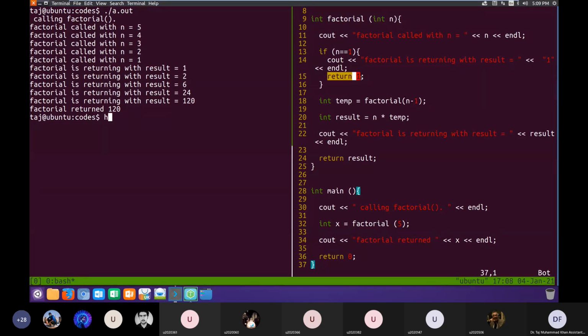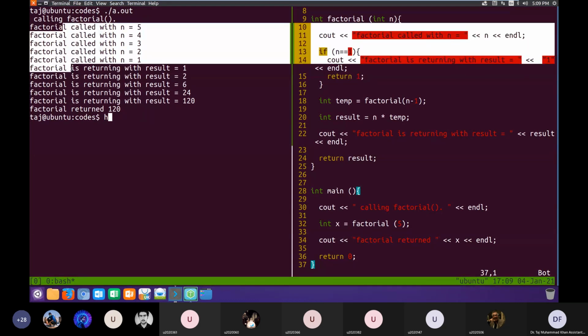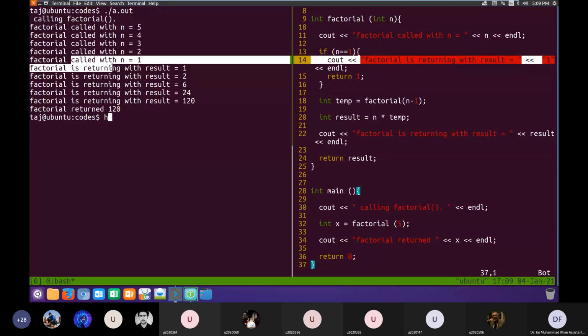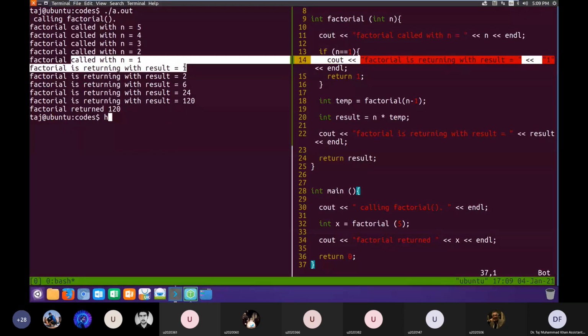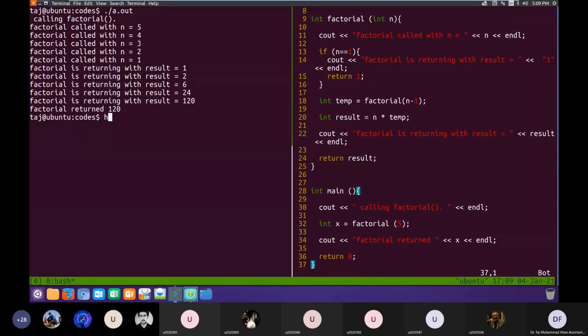One thing: so far we have said that function execution finishes when we reach the end statement. We will slightly correct this and say a function execution finishes whenever a return statement is executed in the function. So this return statement will finish this last call to factorial by returning 1. So far there were 5 calls to factorial, and we are in this last call, and this last call has finished by returning 1. Those 4 previous calls are still open.